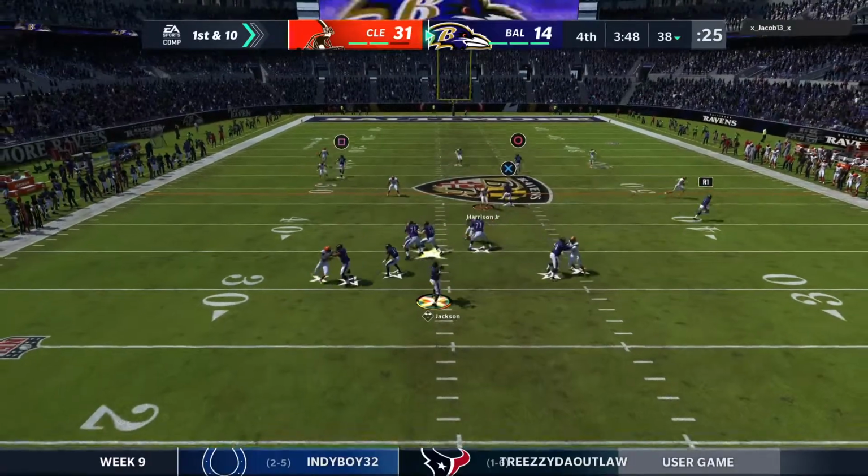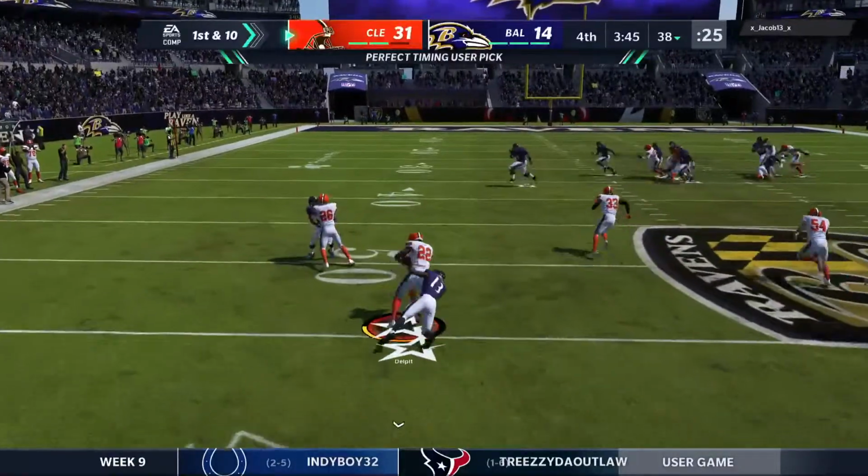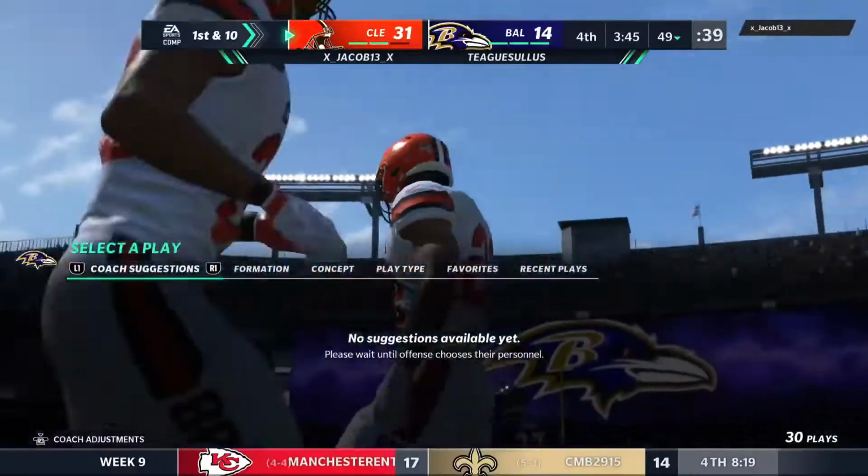From the gun, Jackson. Oh, looking for Andrews downfield. And my goodness, another interception. Picked off by Grant Delpit. And he'll return this one just